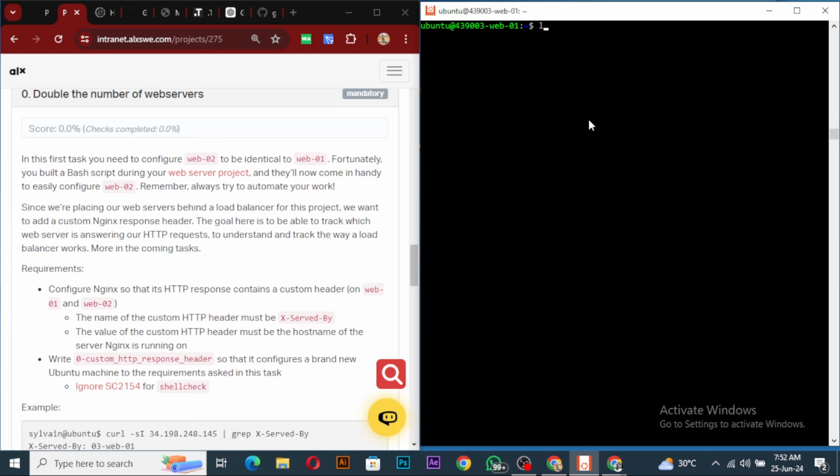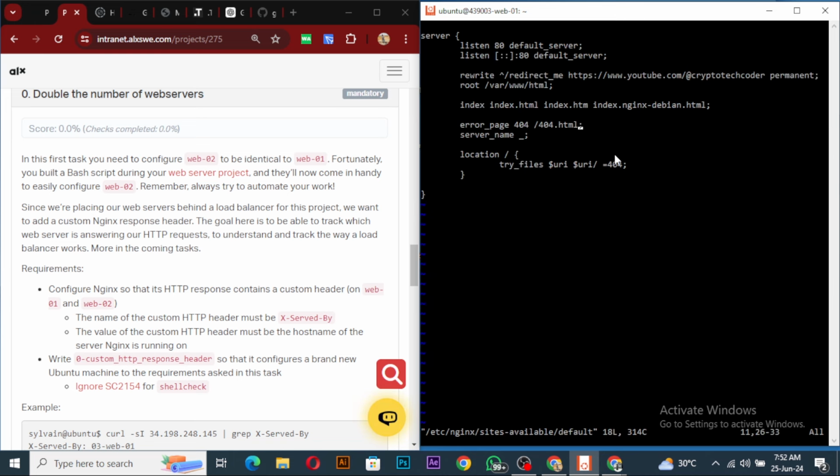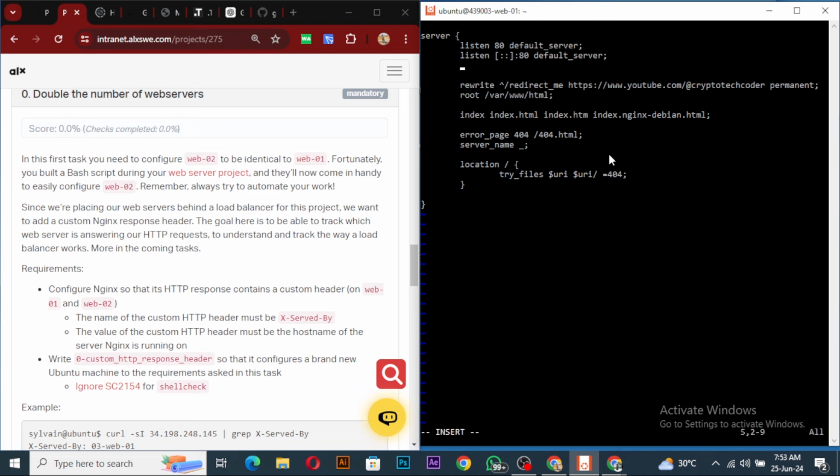Okay, so it has loaded, and if I vi my etc nginx sites-available default, right? So I just want to add this place to it and say exit end, and say add header except